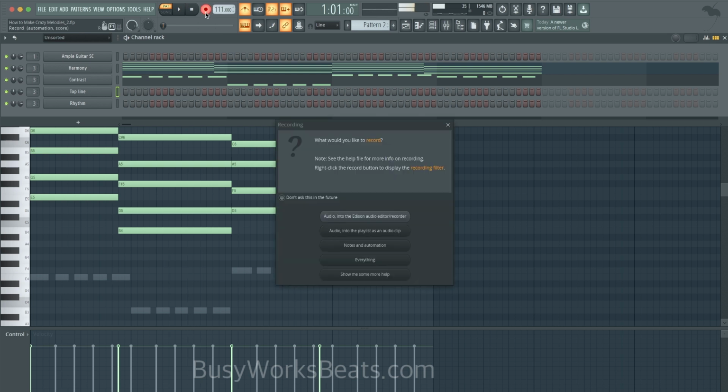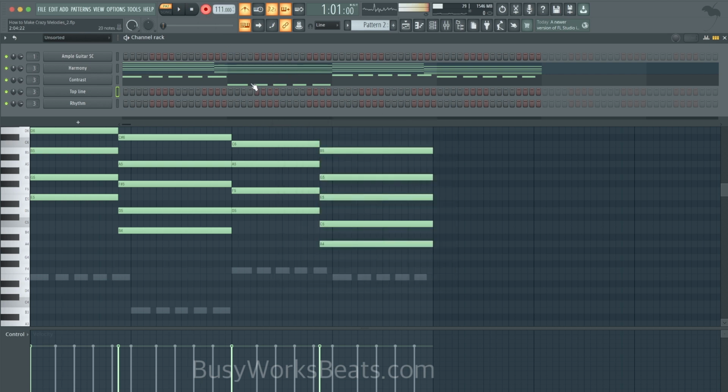Okay, so notice if my top line tries to be rhythmic, it's now conflicting against that contrast layer, which is also the rhythm layer. Okay, so you have to decide that fine line of overlapping so that it doesn't sound too cluttered. So writing in threes is usually the solution. It doesn't sound too rhythmic.